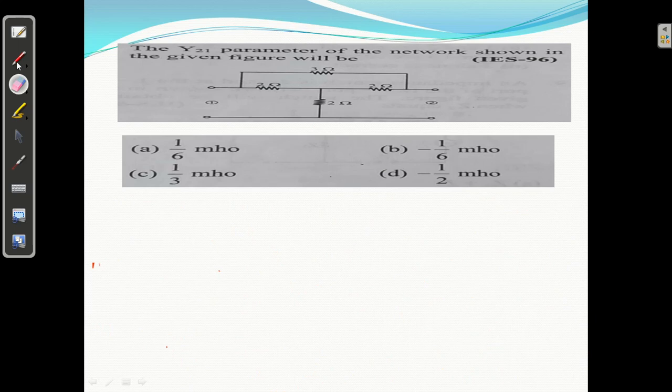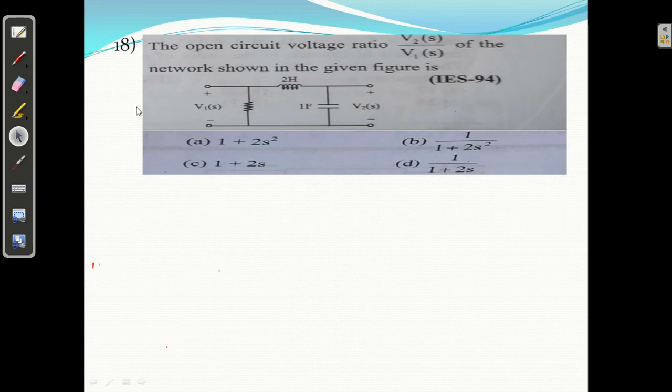Question number 18, I am solving question 18. The open circuit voltage ratio, V2 upon V1, equal to what? So we know, suppose this current is I1 here, this is I2, and this is